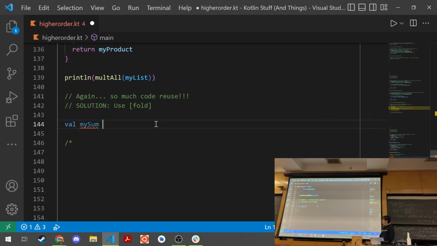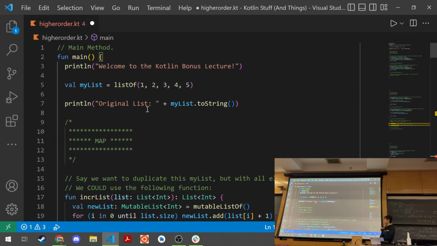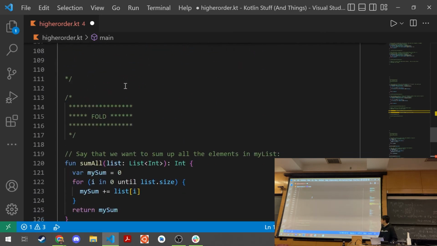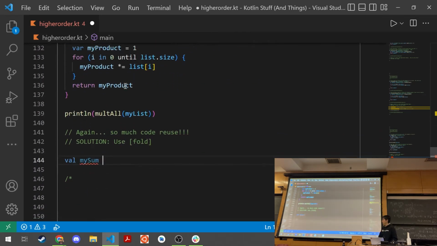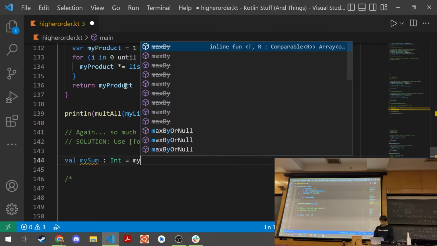And I guess the most sensible thing is that you return what the list contains. So in this case, I have a list of ints, so I'll most likely be accumulating the result of an int. That's the sum of all the elements on the list, which is not a list. It's just a value, essentially, which is separate from filter and map, which return lists. But in this case, just to push the point home, my sum is an int,